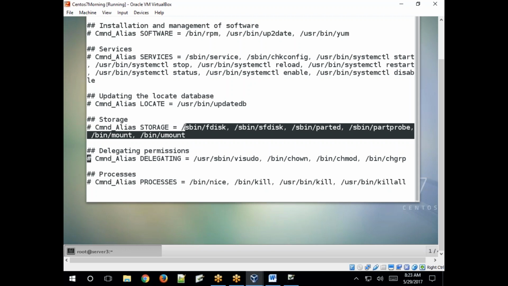See, storage. If you want to allow these kinds of tasks for a particular user, then instead of providing root administrator credentials to users, instead of sharing the administrator credentials, which is very dangerous, if you want to allocate specific tasks to user 1, user 2, user 3, different tasks for different users, then add those users into this file.